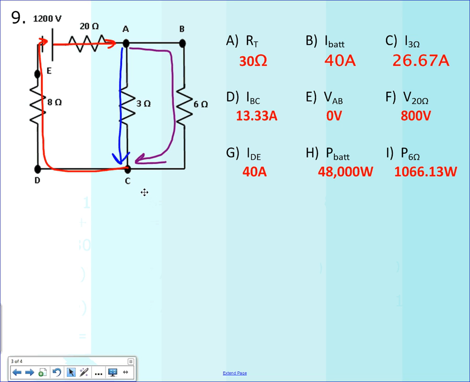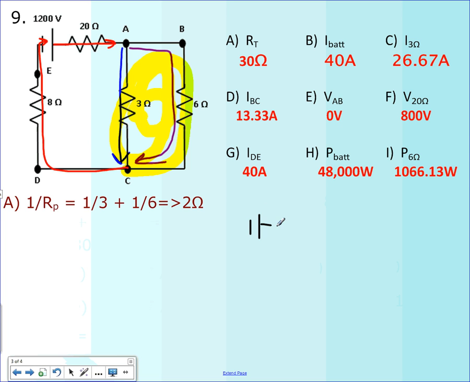They're not parallel paths to the 8 and the 20, just to each other, the 3 and the 6. So again, starting out with simplifying that 3 and 6 ohm parallel path, 1 over 3 plus 1 over 6 is going to be 3 over 6. Take the inverse, or 6 over 3, which gives you 2 ohms. So this parallel path right here can be simplified down into a 2 ohm resistor, essentially, where you're going